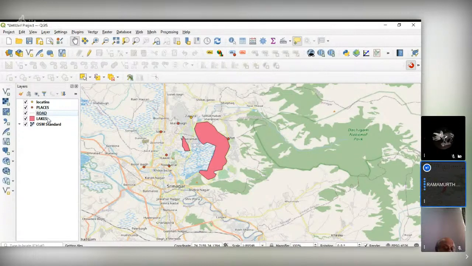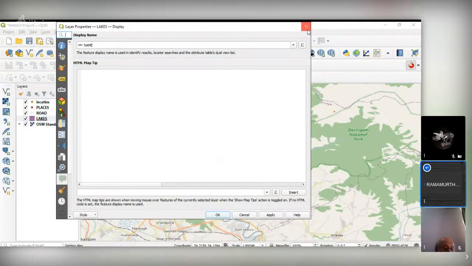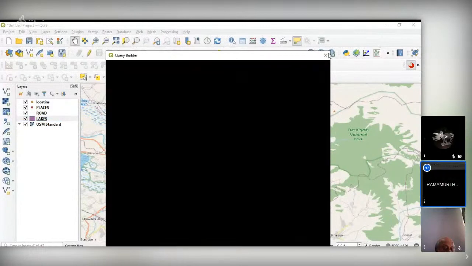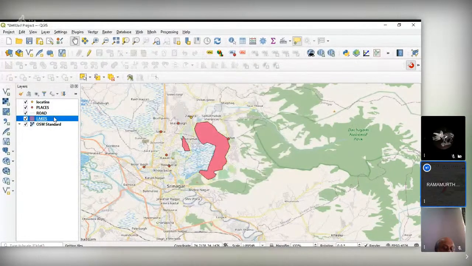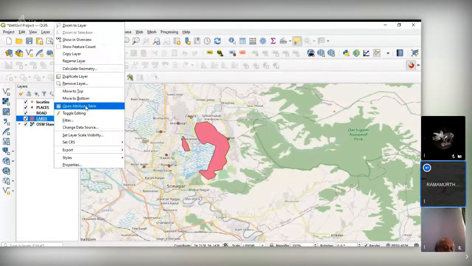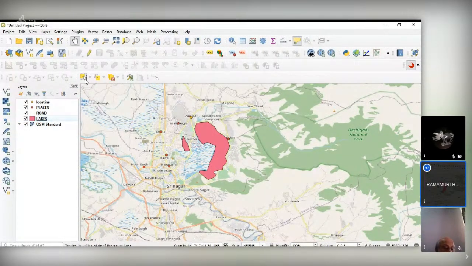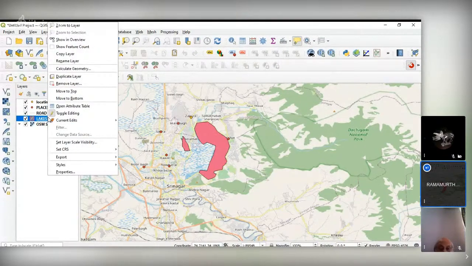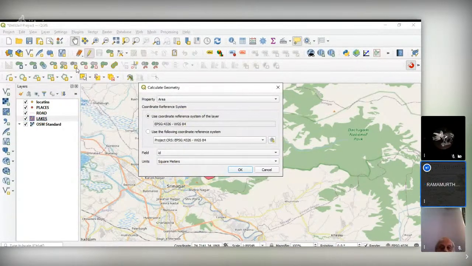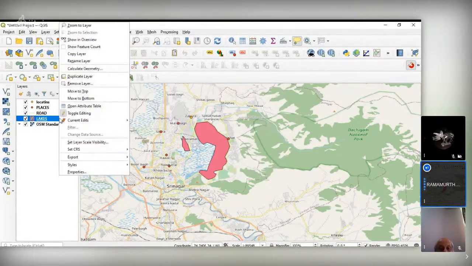Achha, one more thing is we have to calculate the areas for this. So lakes. Calculate geometry. Area for area field. Yeah, we'll add one more field.